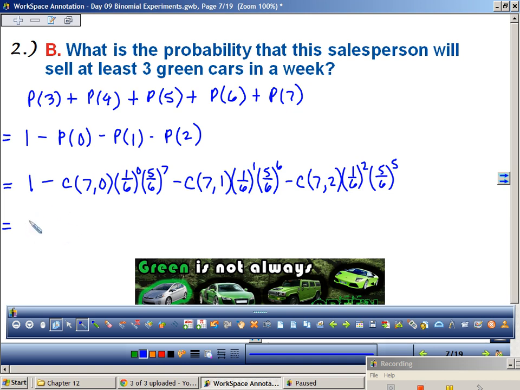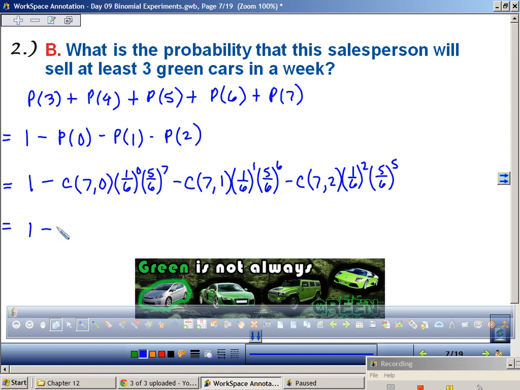Okay. So 1 minus, we know that that's 1. We know 1 to the 6. Okay, check this out. Isn't 1 to the 0, 1, and 6 to the 0, 1? So I don't really need that. I just need 5 to the 7th, which is